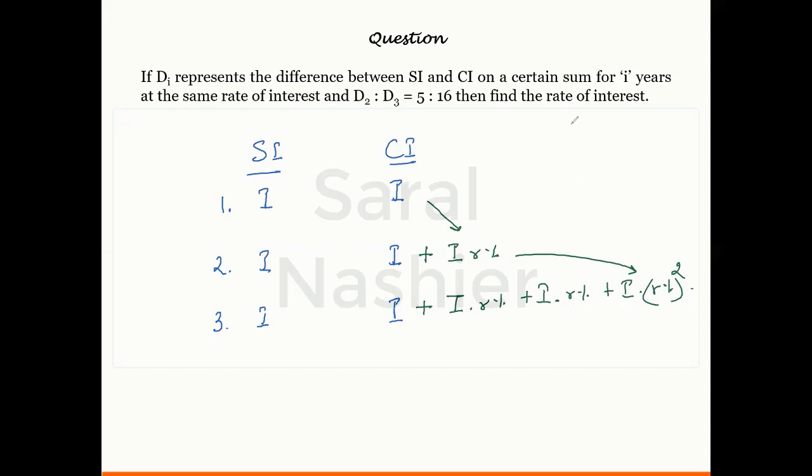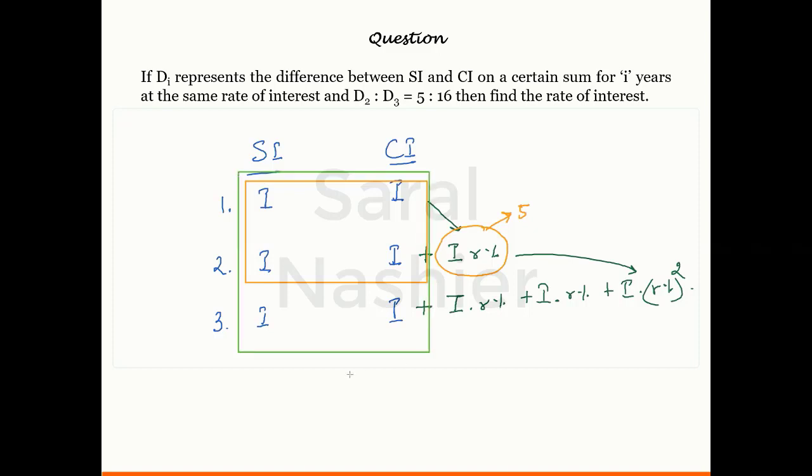He says the difference for 2 years is 5. So if I talk about the difference of 2 years, that is this figure. This figure is equal to 5, because if you look at the first 2 years, these two values are the same. So obviously this is the difference. But if I talk about the first 3 years now, you see that all these values are similar. So the difference is this complete thing, and this complete thing, according to the question, is equal to 16.